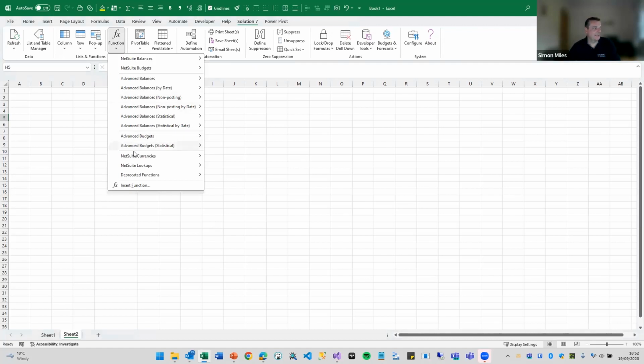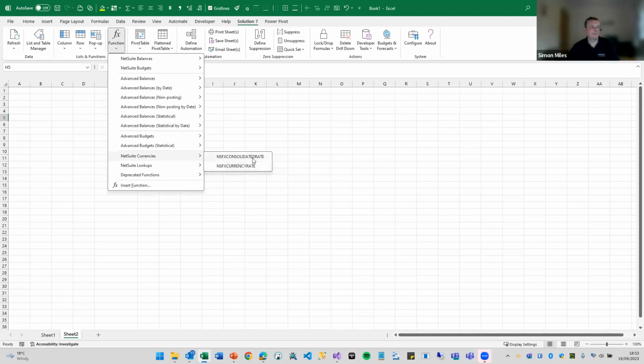drop down, we've got this NetSuite currencies. We've got the consolidated FX rate and the currency FX rate, and we always get asked what's the difference between the two. NetSuite refers to the consolidated rate as the intercompany rate. So this is going from one company to another. The currency rate is the currency rate within a subsidiary that's used to value a document. So if I were to post into a GBP account a US dollar invoice, that would pick up the currency